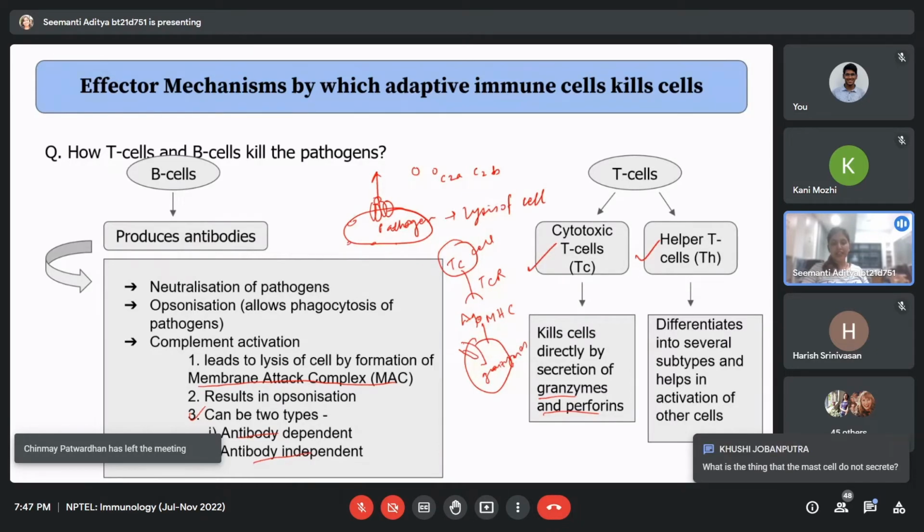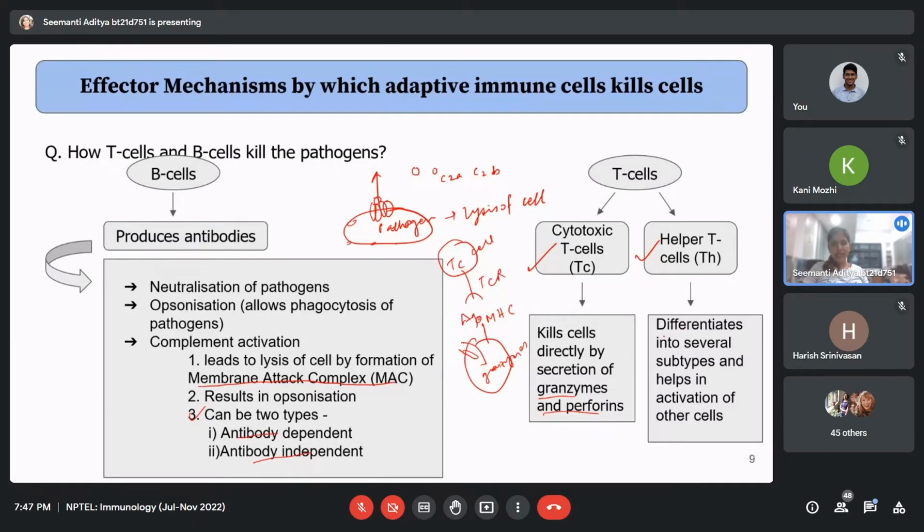And these granzymes will help in chopping off the cell and cause the cell lysis. Whereas helper T cells are not associated with cytotoxicity, rather they help in differentiating into several subtypes. There are several subtypes of helper T cells. There are Th1, Th2, Th17, T regulatory cells, T follicular helper cells, etc. So all of these cells are associated with